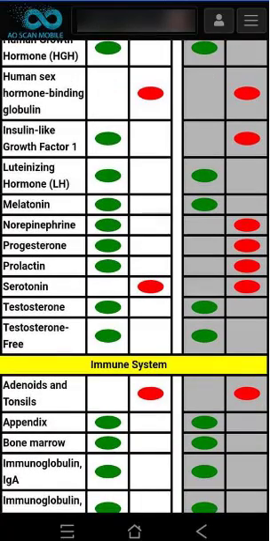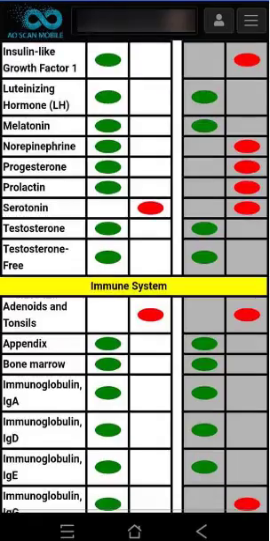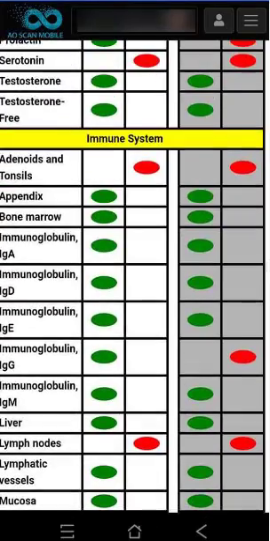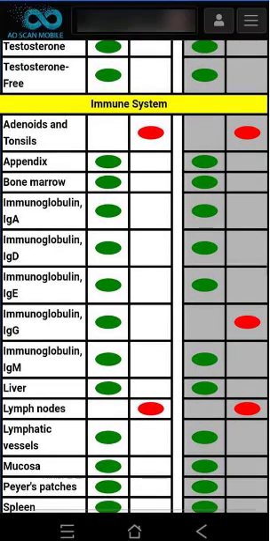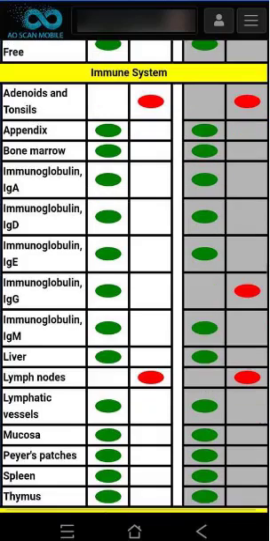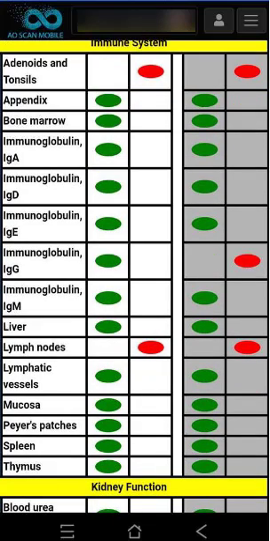Serotonin is produced in the gut, and we were thinking that the gastrointestinal linings weren't as healthy as they should be, so that probably is why the serotonin's down, because it's made in the gut. And we're looking at the immune system now, and we see that some of the fortresses of the immune system, adenoids, tonsils, and lymph nodes are not as healthy and energized and functional as they should be,